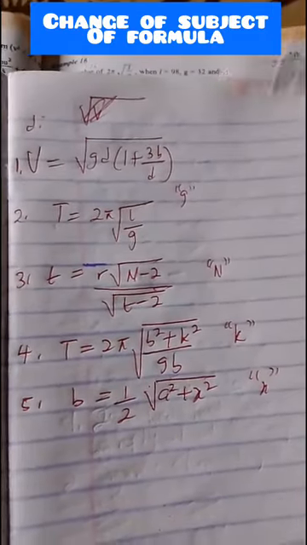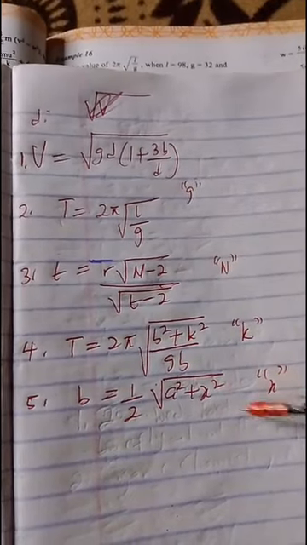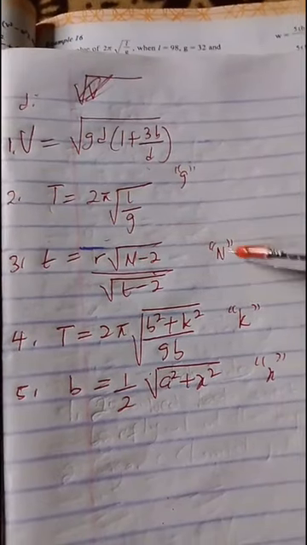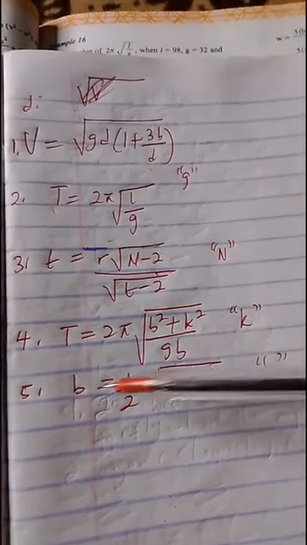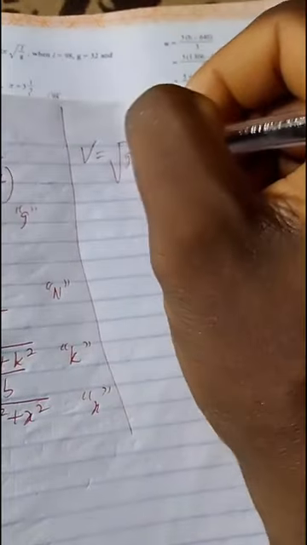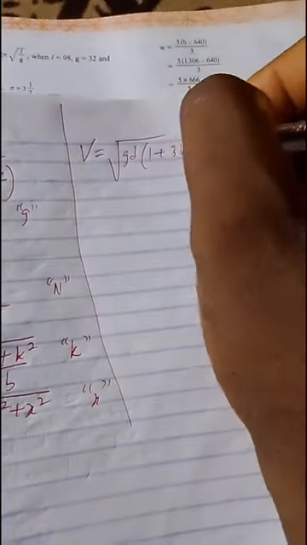Making all this the subject of the formula: making D the subject of the formula here, G the subject of the formula here, N the subject of the formula here, T the subject of the formula here, then B the subject of the formula here. So we'll start with the first one, in which we have V equal to the square root of GD times 1 plus 3B over D. Now, anytime you see a square root, the first thing you need to do